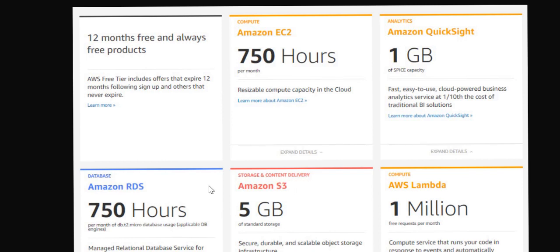S3 is storage, and Lambda is for automation, and QuickSight is an analytic service. So you can use those services as per their limit. If you are using above these particular hours, you may get charged. So don't use extra usage. So 750 hours per month you can use.